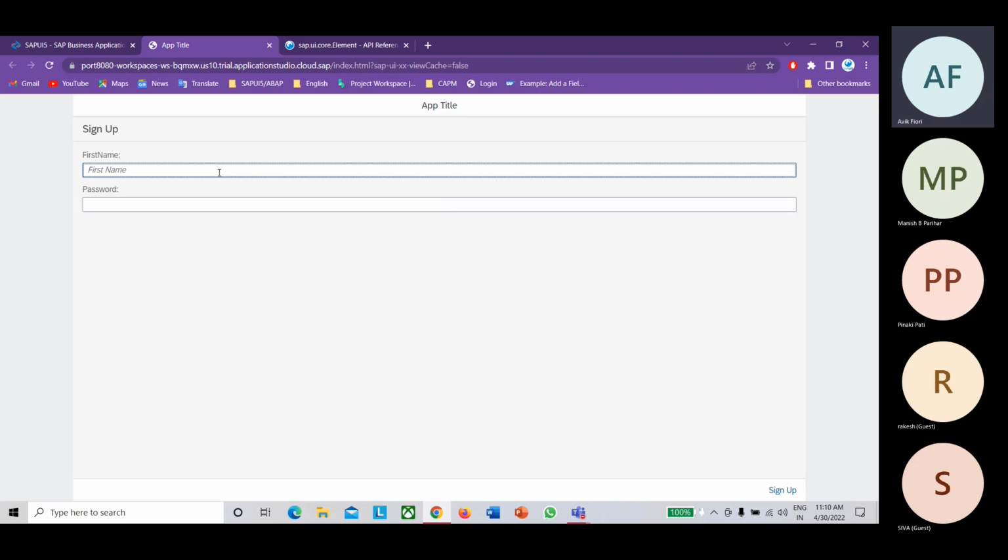Once it is rendered, after that you want to do some operation, so you can do that inside on after rendering. The purpose of on after rendering is that it can be triggered for a particular control also. Once your input field is rendered, you want to do some manual operation on it, like set the placeholder, reduce the input field size, or add some CSS dynamically. Everything you can do with the help of on after rendering.